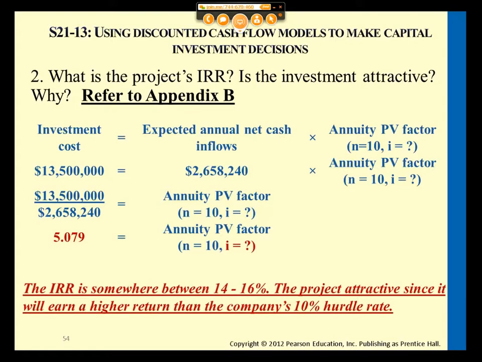I'll go to my table and I'll see, okay, unequal is this rate. Okay? So I see that you state exactly, right? You found 5.079, great. You already found that. All you're trying to understand right now is whether it is attractive or not. If it is attractive because it's greater than 10, and I know